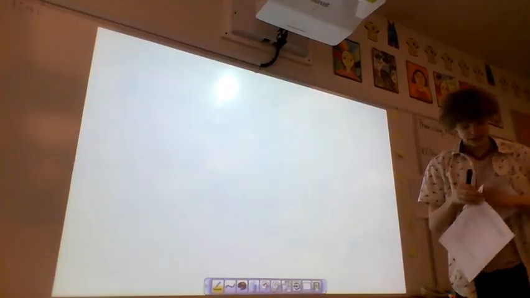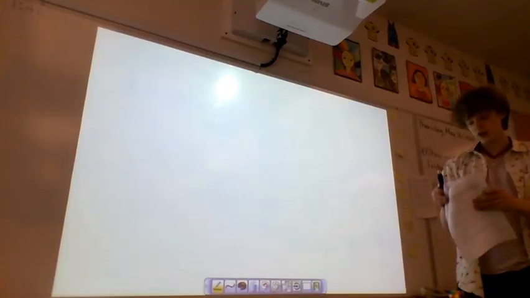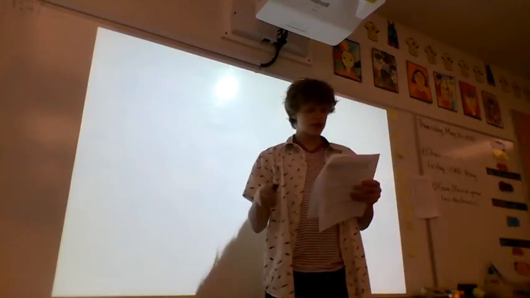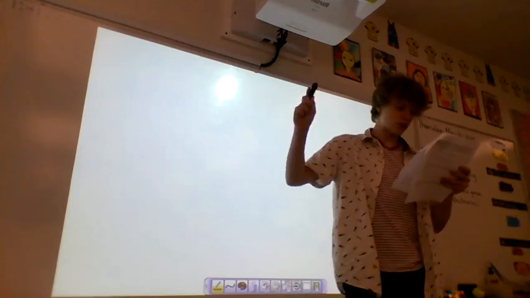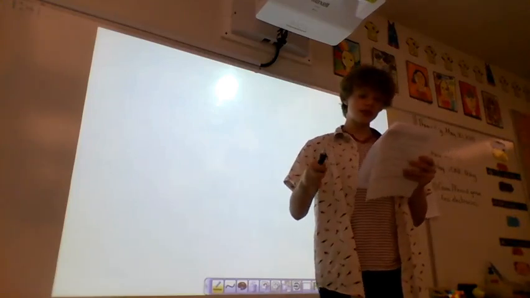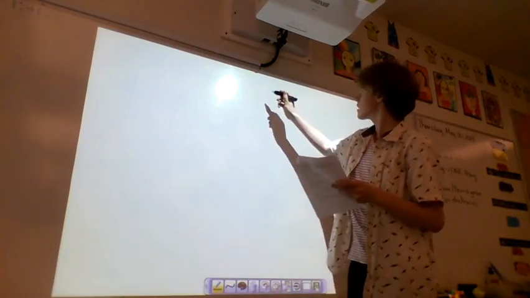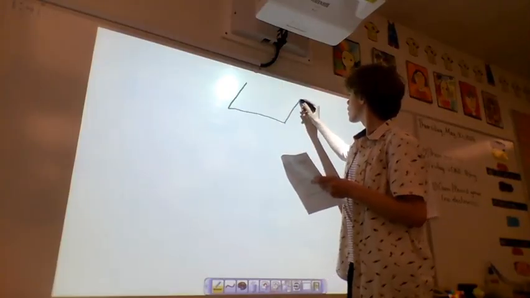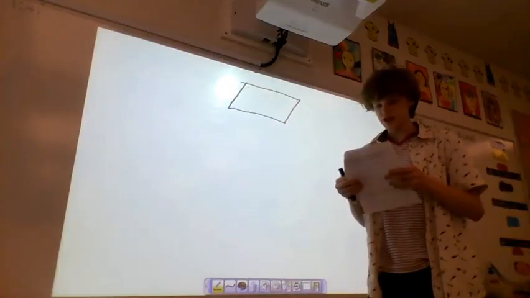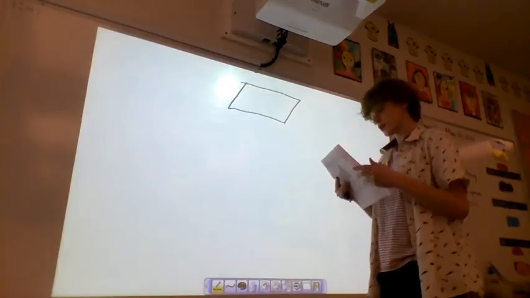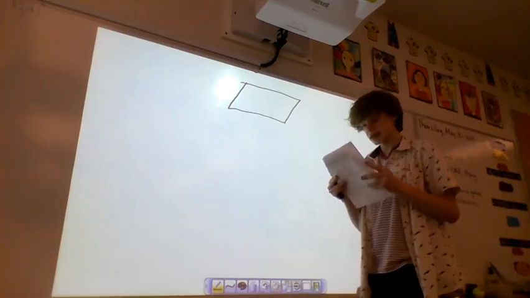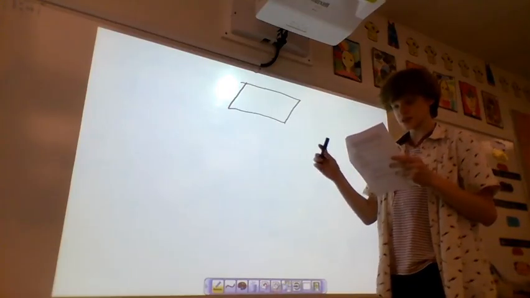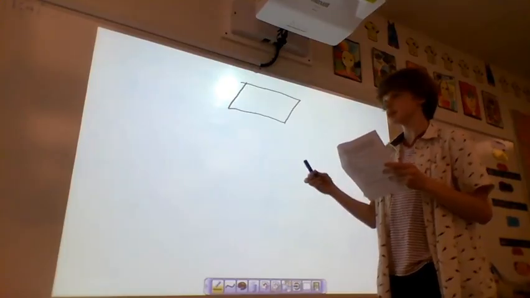Now, for our second shape, it's a parallelogram. The parallelogram might seem quite difficult, but in reality, it's the same as finding the perimeter of a rectangle, with the short and long sides being equal. So, we have our parallelogram. And the length for this shape is 7 centimeters for the long side,